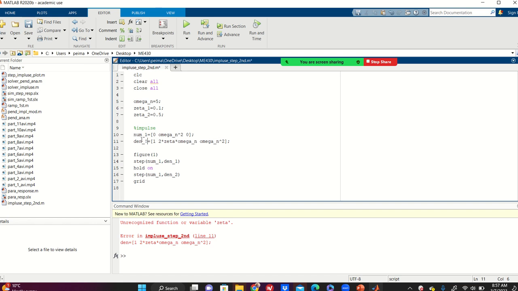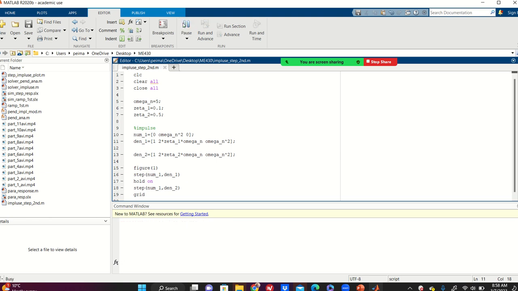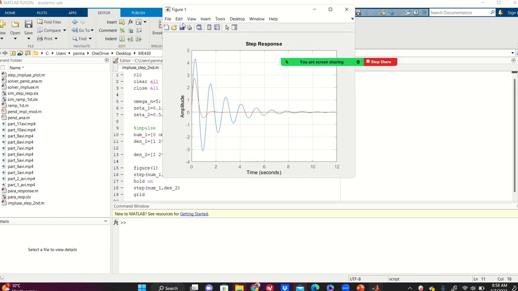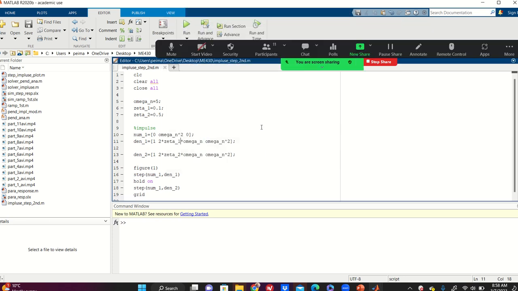oh, then1. I'm stupid, guys. Then2 without creating. Then zeta 2, zeta 1. Okay, here we go. There we go. See the red one, and this is more desirable. Do you see this? Then I added damper to the system for the impulse. Obviously,